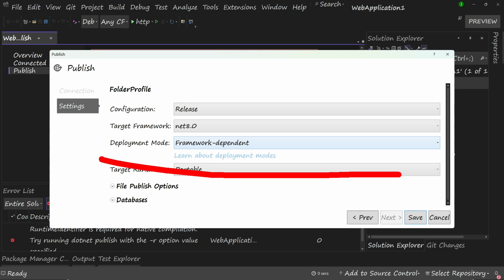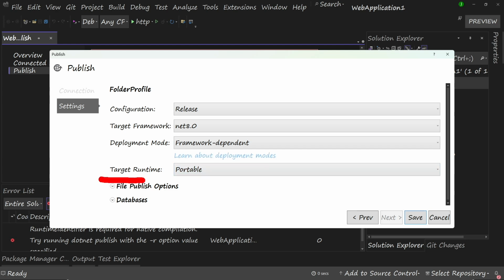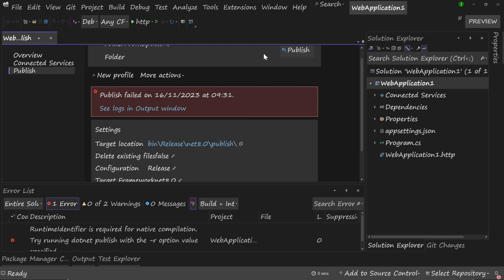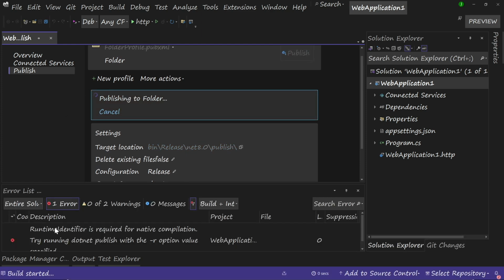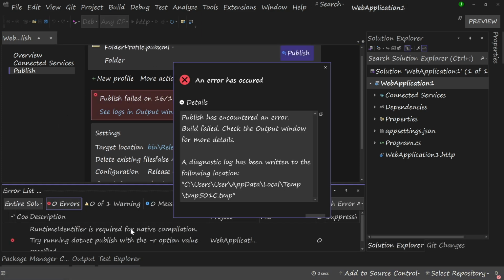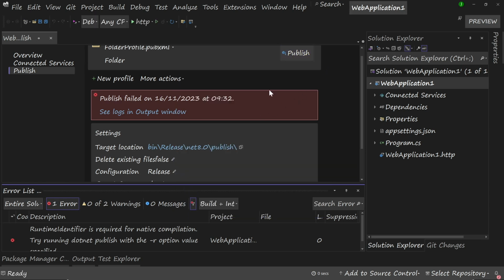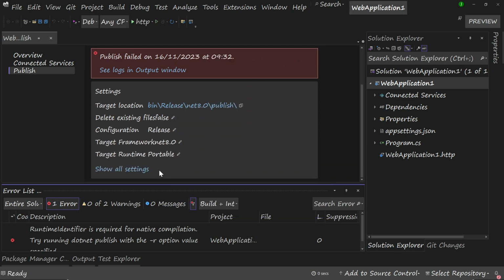So how we configure this with the AOT is pretty important. Let's say that I've got my target runtime and I'm going to set it to portable. If I do a publish, you can see here, I tested it beforehand, runtime identifier is required for native compilation. So again, let's see if we update this to say